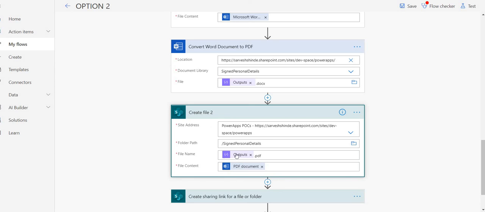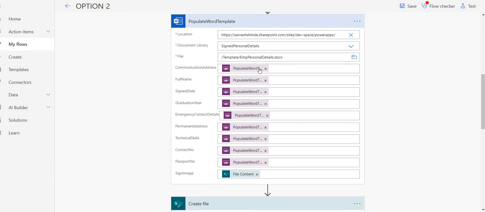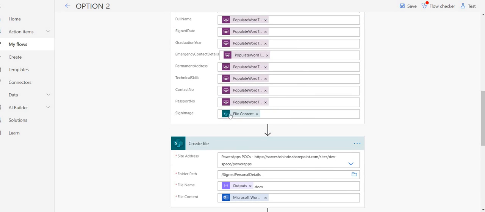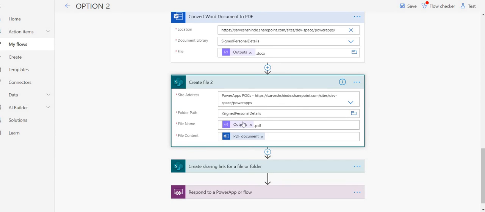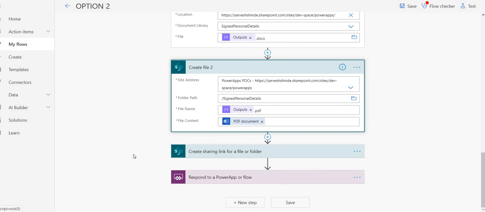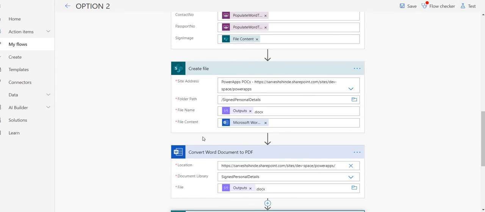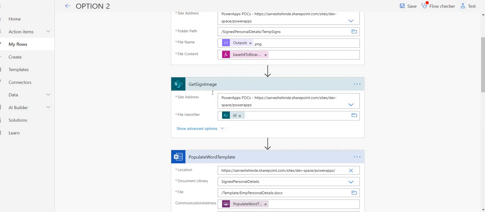This will create a PDF file with all the filled in data and signature image, and save this PDF file into the SharePoint library. Now you can just generate a sharing link and pass it back to the Power App, same as what we did in the earlier flow. So let me show you these actions quickly.